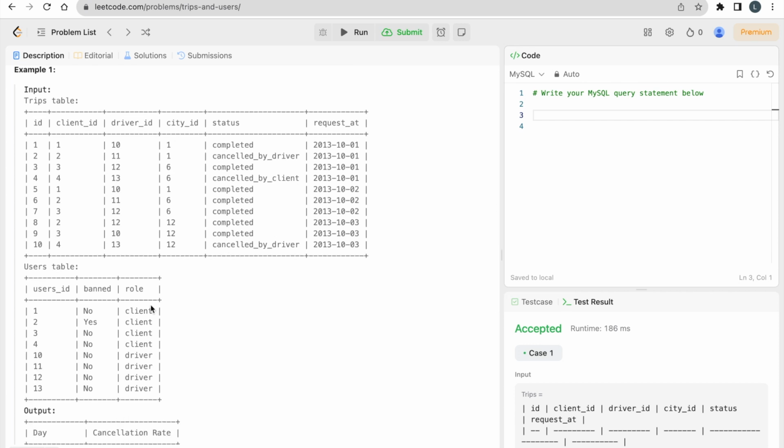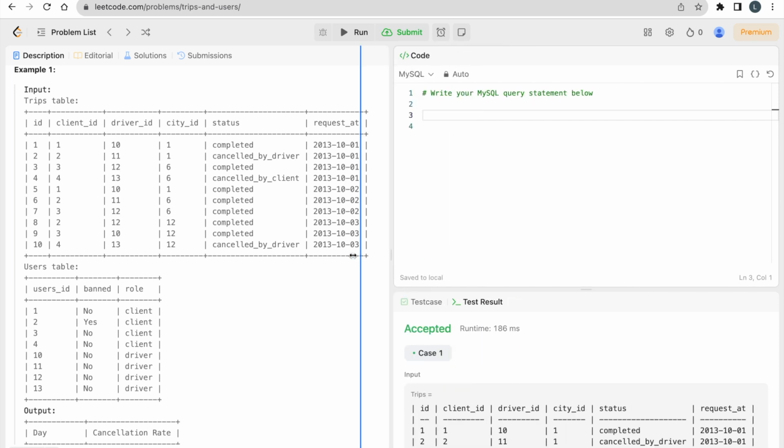From the question, it's pretty clear that we have to find all the pairs of clients and the corresponding drivers, such that on top of that we can check whether both are not banned, and further on top of that we can calculate the cancellation rate. So in order to find all the pairs,